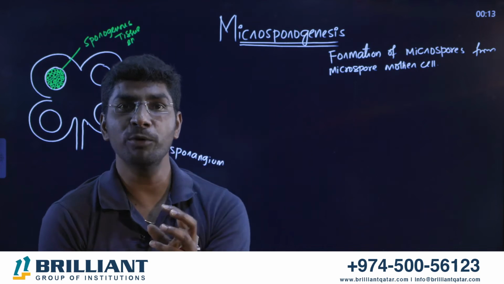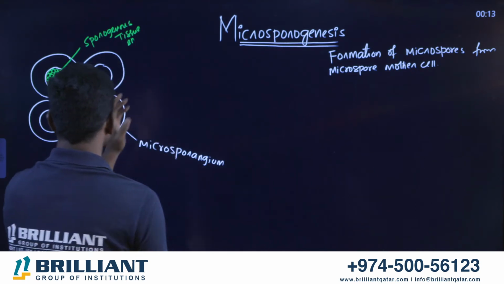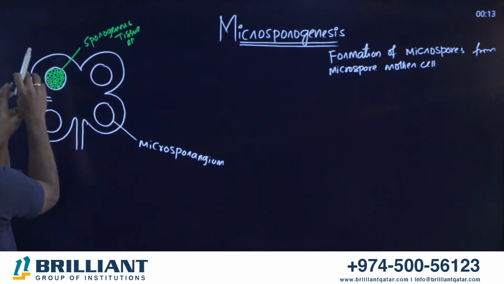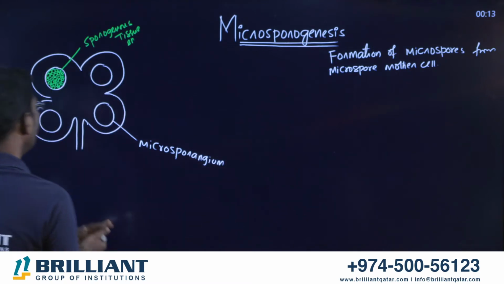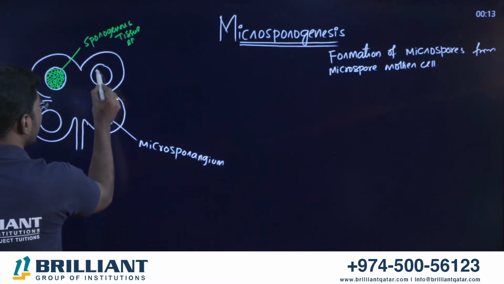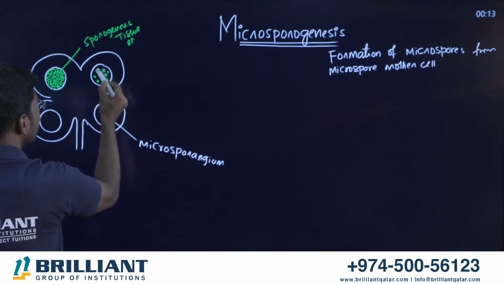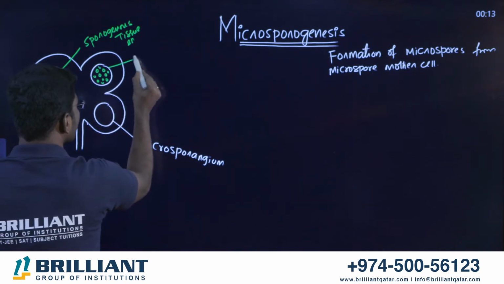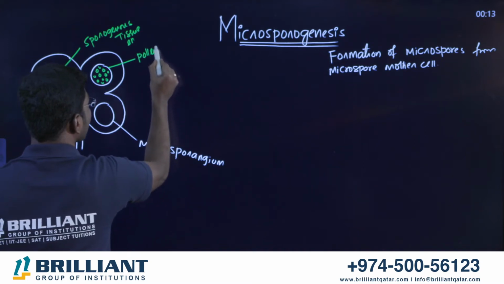That means the sporogenous tissues are showing a little distance. So in the next one, I'm showing this microsporangium. Actually, all the steps take place in one microsporangium only. For our understanding, I'm taking the next step here. So here, these are gaps, the distance between the sporogenous tissue. And this microsporangium, at this time, I am now calling a pollen sac.